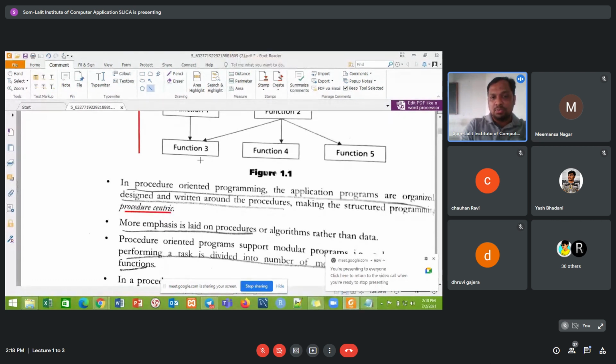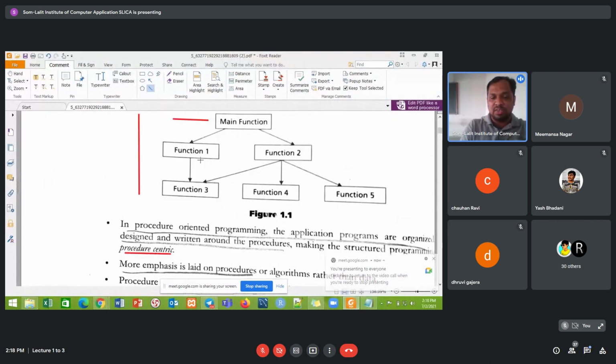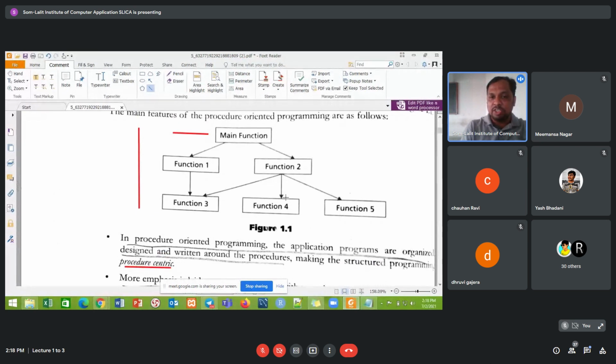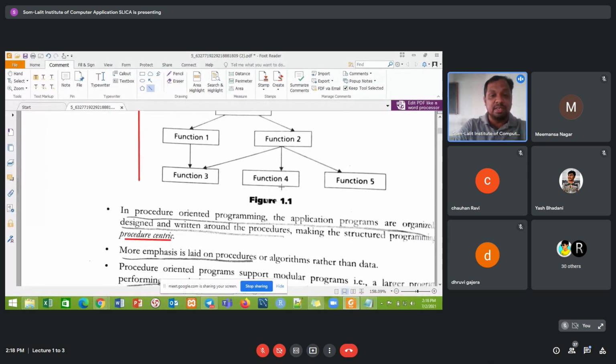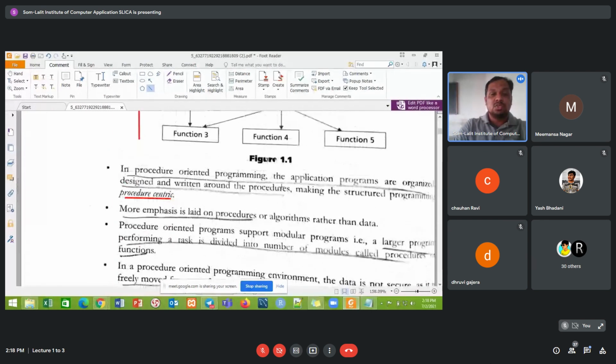Whatever procedures you have written in function 1, function 2, function 3, all the procedures will get executed. In procedure oriented programming, more emphasis is laid on the procedures, or the algorithms, rather than the data.